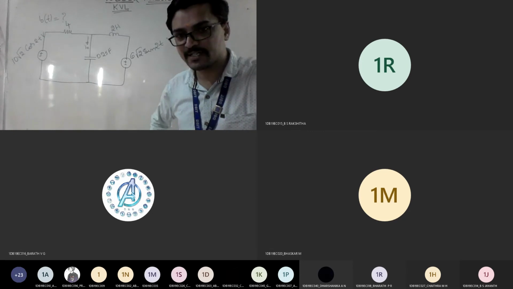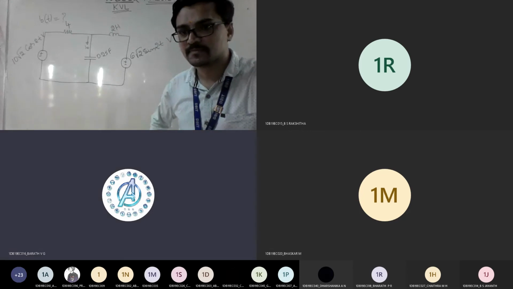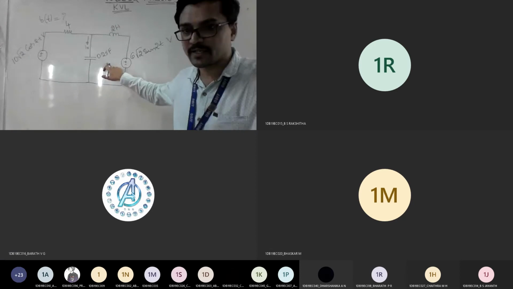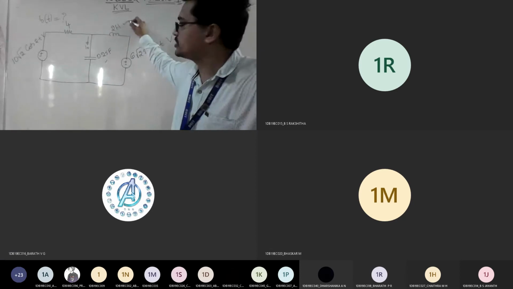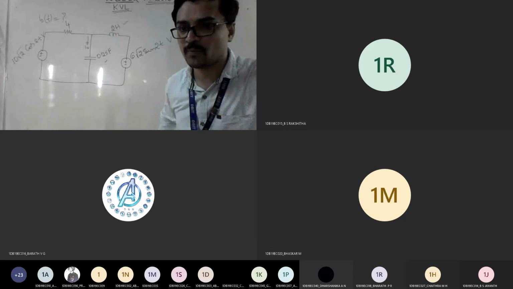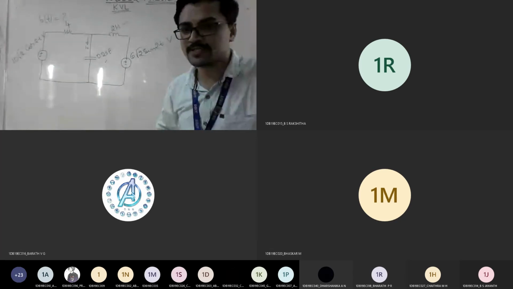What all changes can you see in this problem compared to the previous one? No complex terms, sir. Good. So there is no complex term with respect to your capacitor as well as inductor. So that is your first thing. I need to convert that into a complex term. Good. Then what about your voltage supply?